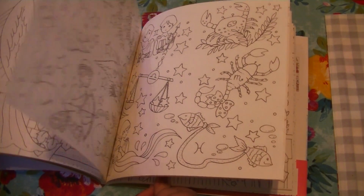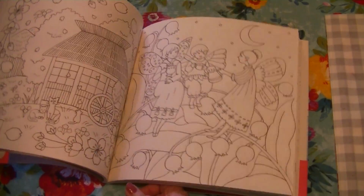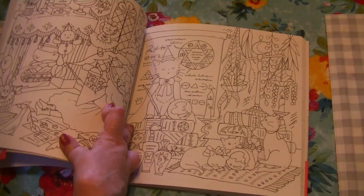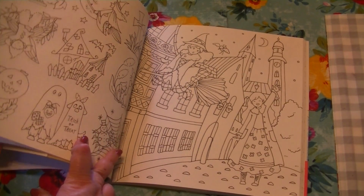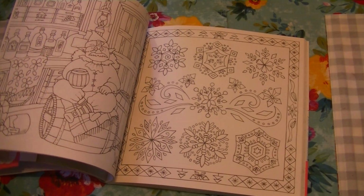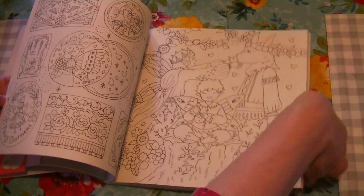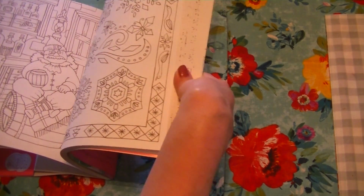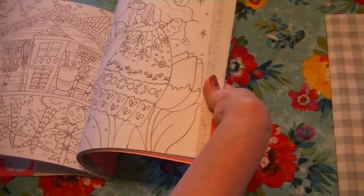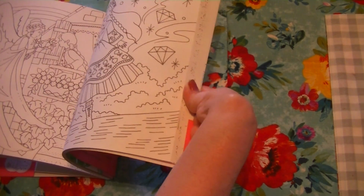I'll show you the one in particular that did it. I mean, I like them all, but there's one, let me see. I like the Halloween ones. These are really cute, these Halloween ones. But where is the one? I think I've already gone past it. It's got like 4 panels. You probably know the one I'm talking about if you've seen flip throughs of this, and I've noticed there's